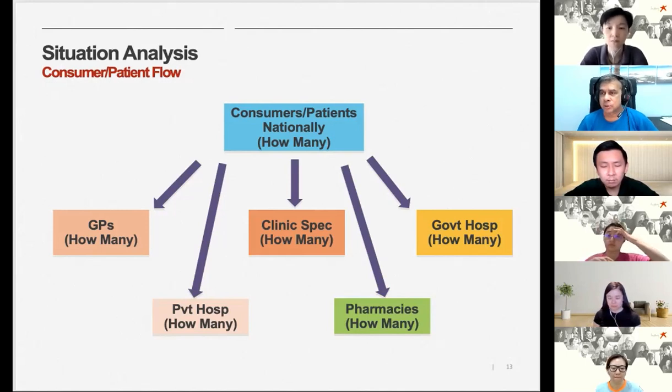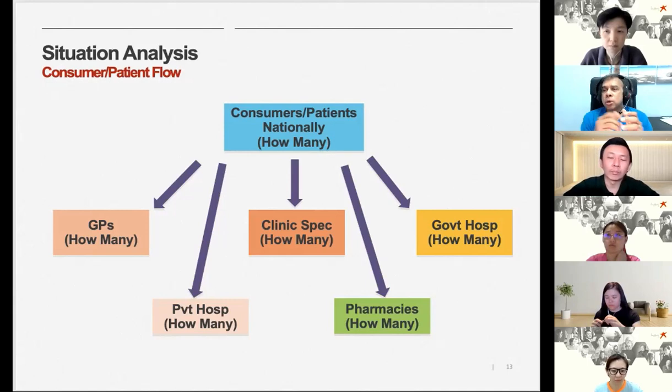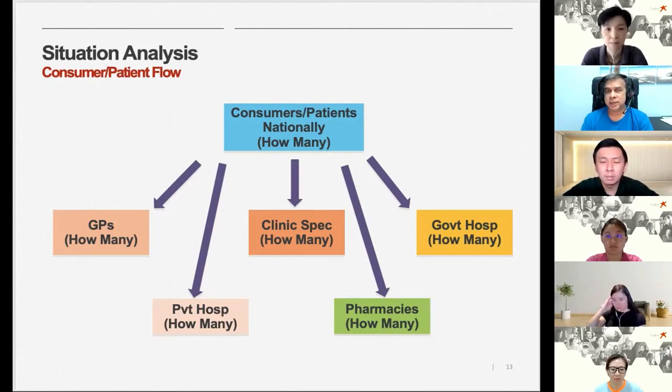That's it. So simple. Right or wrong, it doesn't matter. At least you have some data which you are not plucking from the air. That's the most important thing. Because if you are ever questioned by regional, for example, or even head office, how do you know these figures are correct? At least you can say this is what our key opinion leaders say, because Malaysia doesn't have the data.